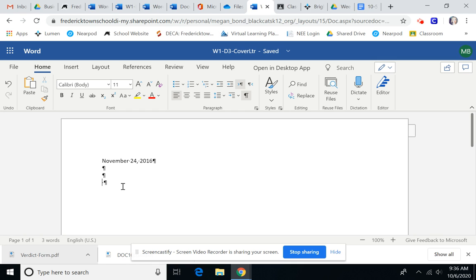And then you're going to type the following inside address and salutation, tapping enter whenever you see a paragraph symbol. If you catch a typo, you can backspace enough times to remove the error and then continue typing. So this information is found on page 28 in those papers that are attached to Word Assignment 1. You'll notice that there are little black dots in between. Those are spaces. And actually, if you press Tab on your keyboard, you'll notice that it should be an arrow. It's not in Office 365, but